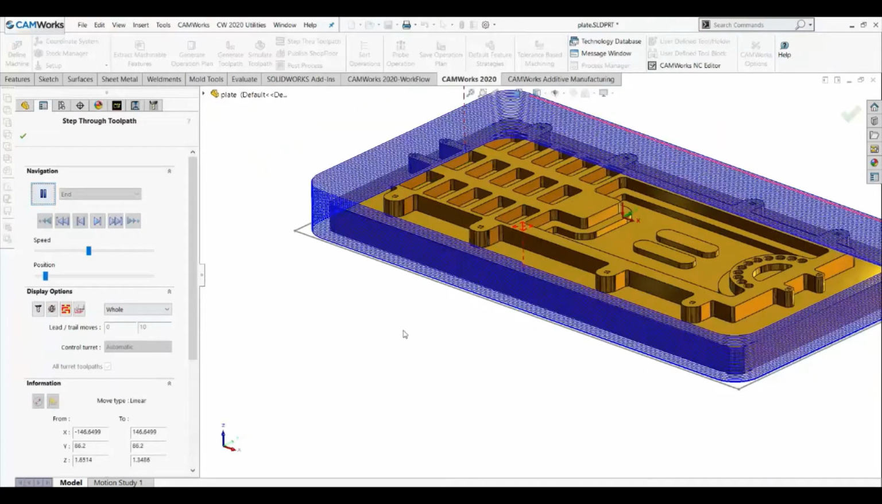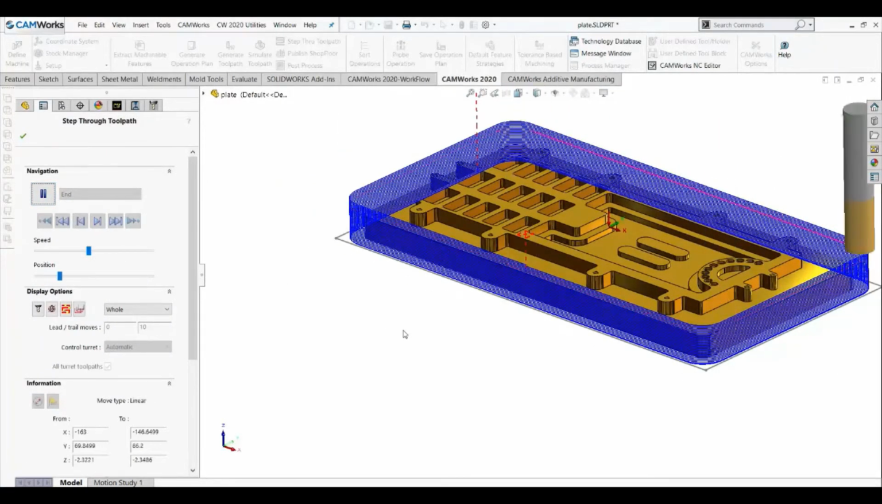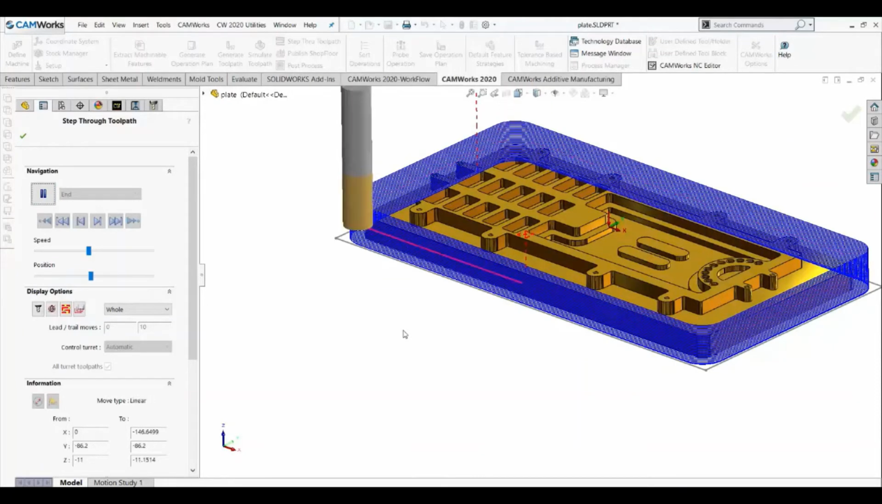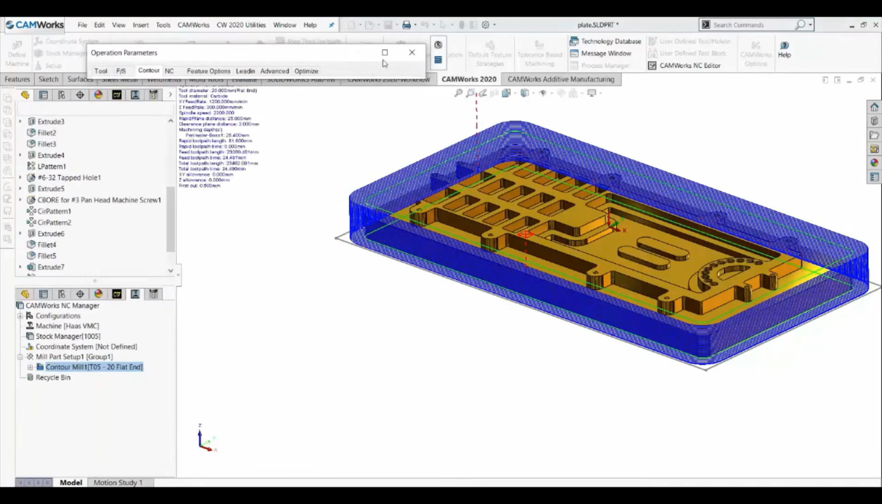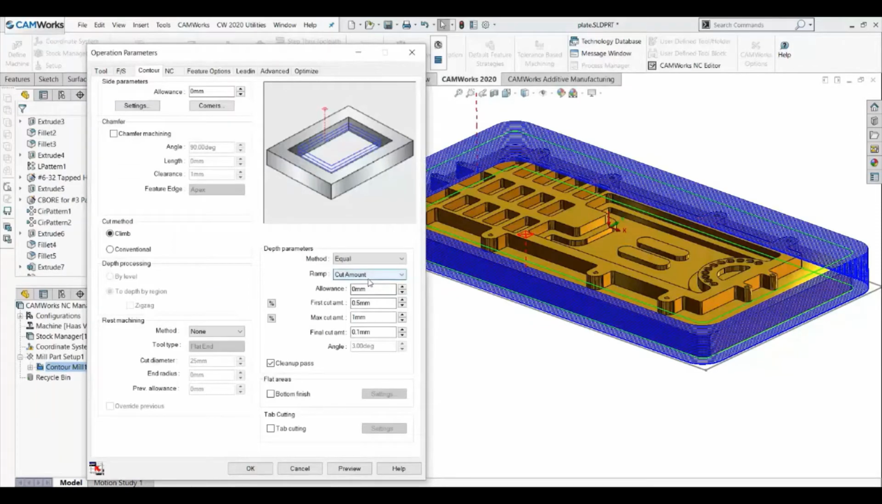You can see the tool is going smoothly. That is just one entry and one exit, no in-between retracts over there. So the cutter life will also be improved, and your toolpath and finishing also will improve, right? So in this way you can control it with the help of the cut amount part. Okay,